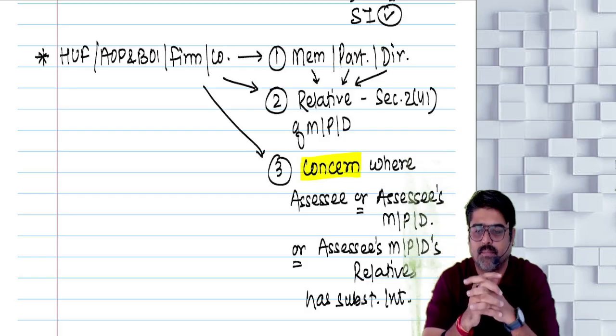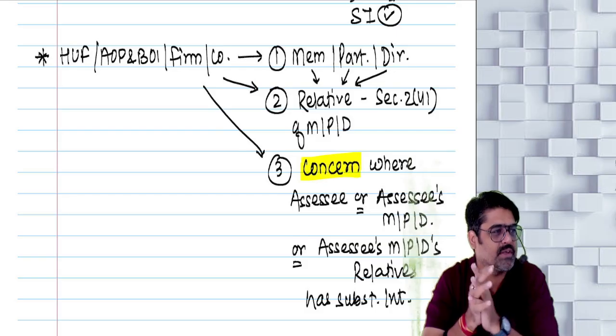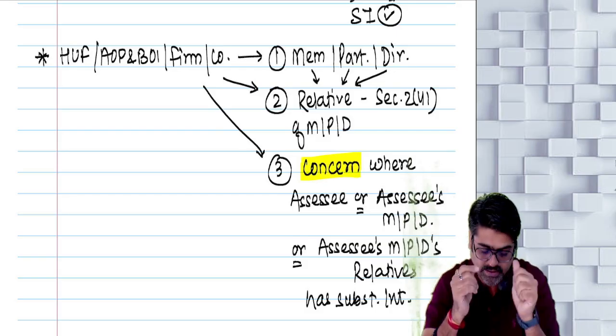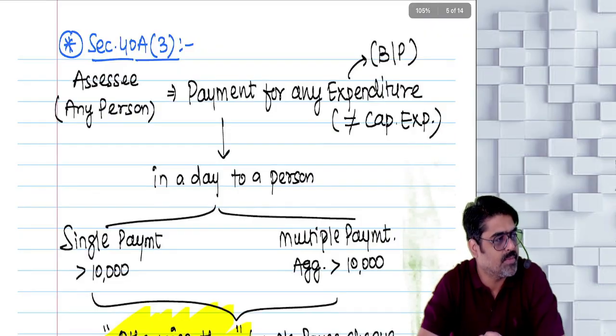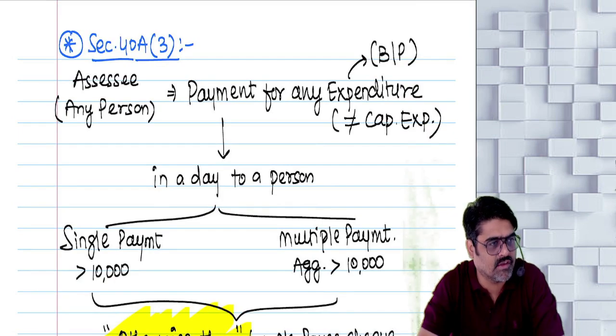Okay. Now see, pay attention. 40A subsection 3 says that you are incurring any expenditure for your business or profession. But the expenditure is not a capital expenditure. This is a normal business expenditure. Yes or no? So, expenditure for your business or profession other than capital expenditure, meaning other than the expenditure to buy any asset. So, if that expenditure is incurred by you,